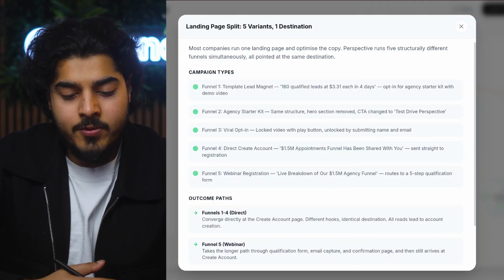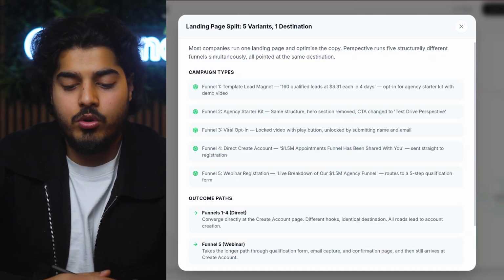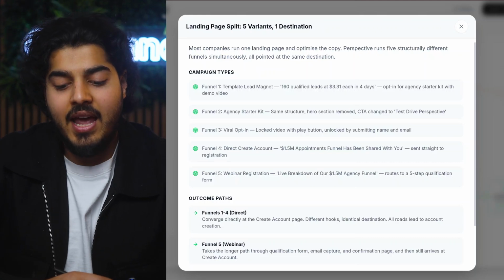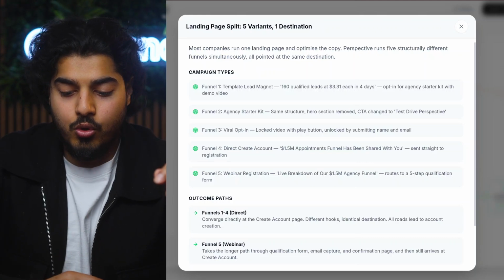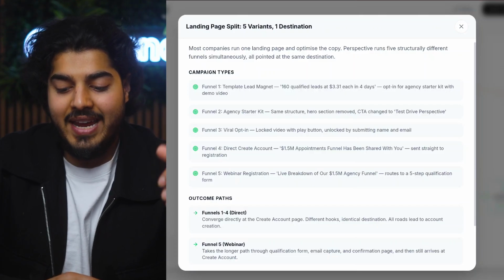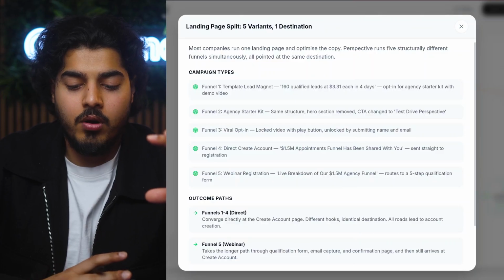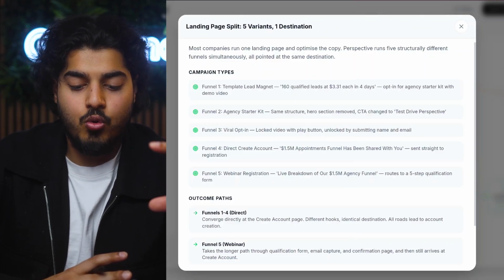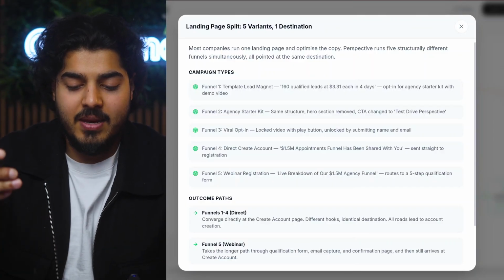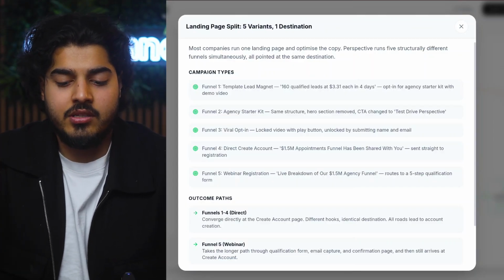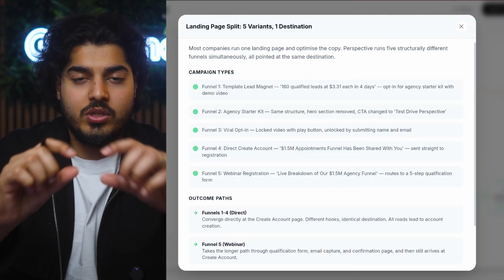So the first opt-in page was a template lead magnet. The hook there was get 160 qualified leads at $3.31 each in 4 days. So that was an opt-in for an agency starter kit, and it had a demo video. That's more for agencies who would want to use Perspective for their clients, and they're basically trying to say you can get 160 qualified leads at a price point of $3.31,